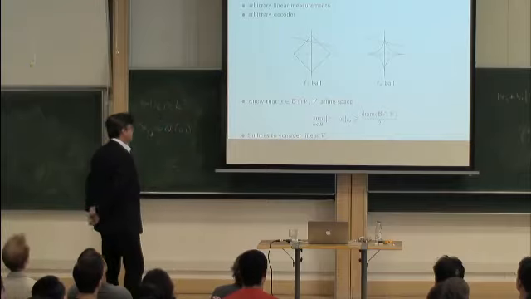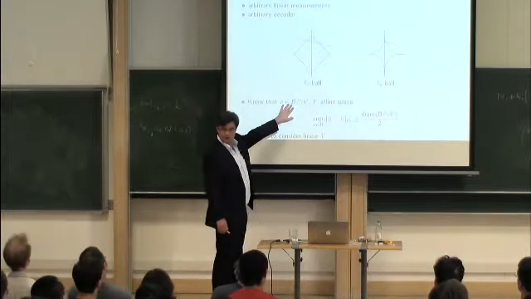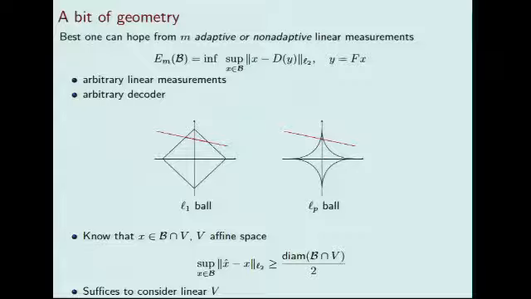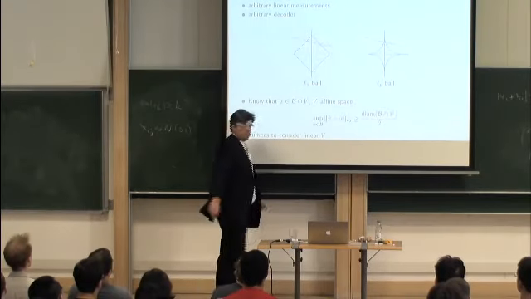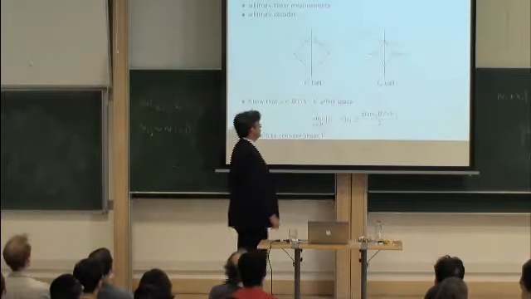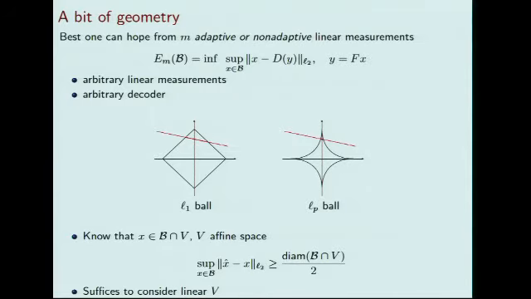Okay, so once you make some measurements, which is what we've seen this morning, you know that your unknown object x is in the ball, for example, in the L1 ball, but you've made measurements, so you also know that it's on a plane. So what you do know is that it's in the ball and in the plane at the same time, so it's on this segment. But besides this, you have no clue of where it could be on this segment. If we had a model for signals where p was, say, 1/2, the Lp ball would look like this. Of course, this would be more pinched, and you would have less uncertainty.